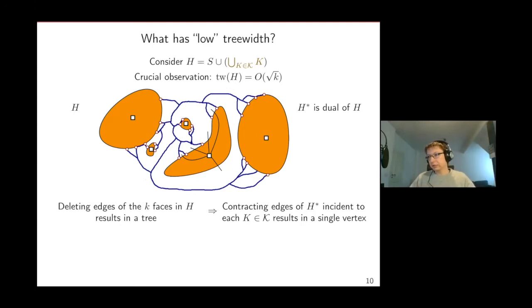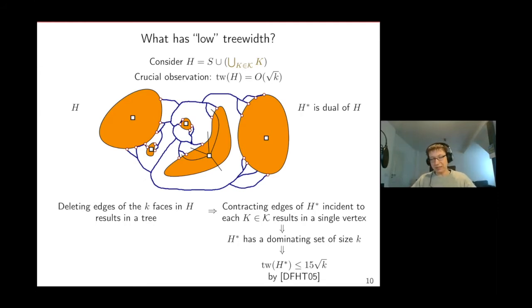And that means that these terminal face vertices in the dual graph actually form a dominating set, right? Because every vertex in the dual will either be one of these vertices or will have to be a neighbor, because after the contraction, they all became one vertex. And now you can use a result by Domain et al., which says that if you have a planar graph of dominating set size K, then its tree width will be at most 15 square root K,